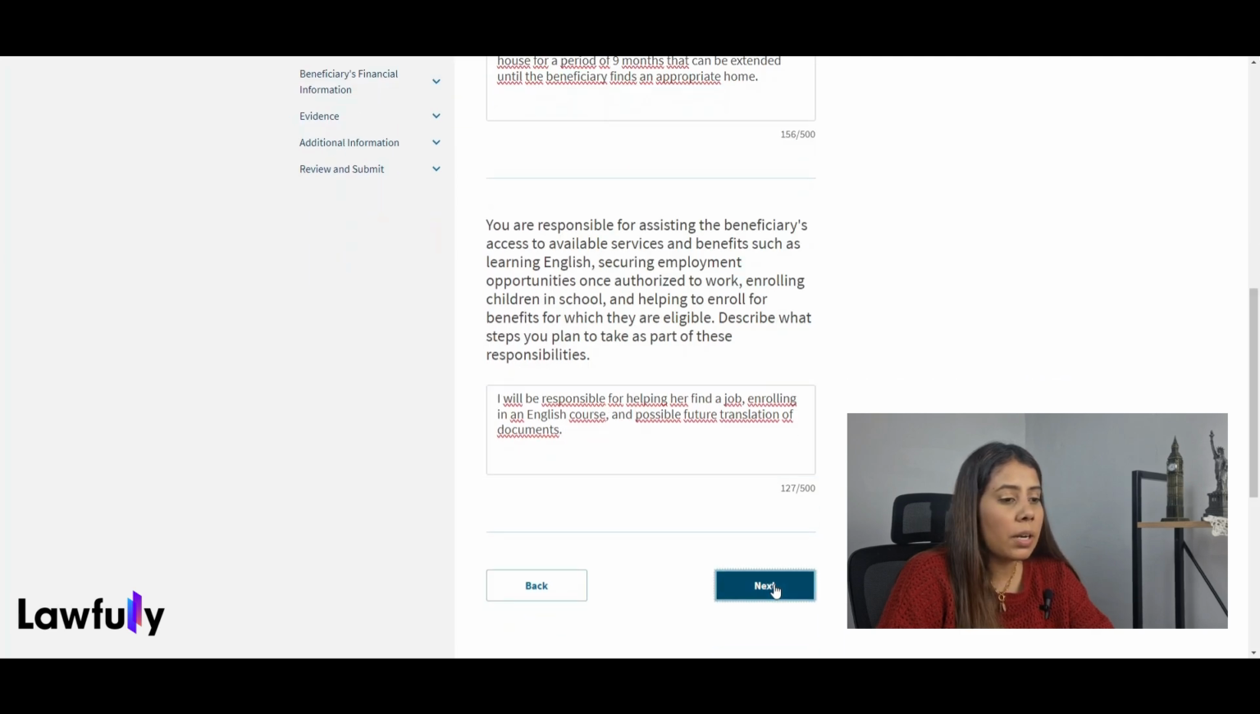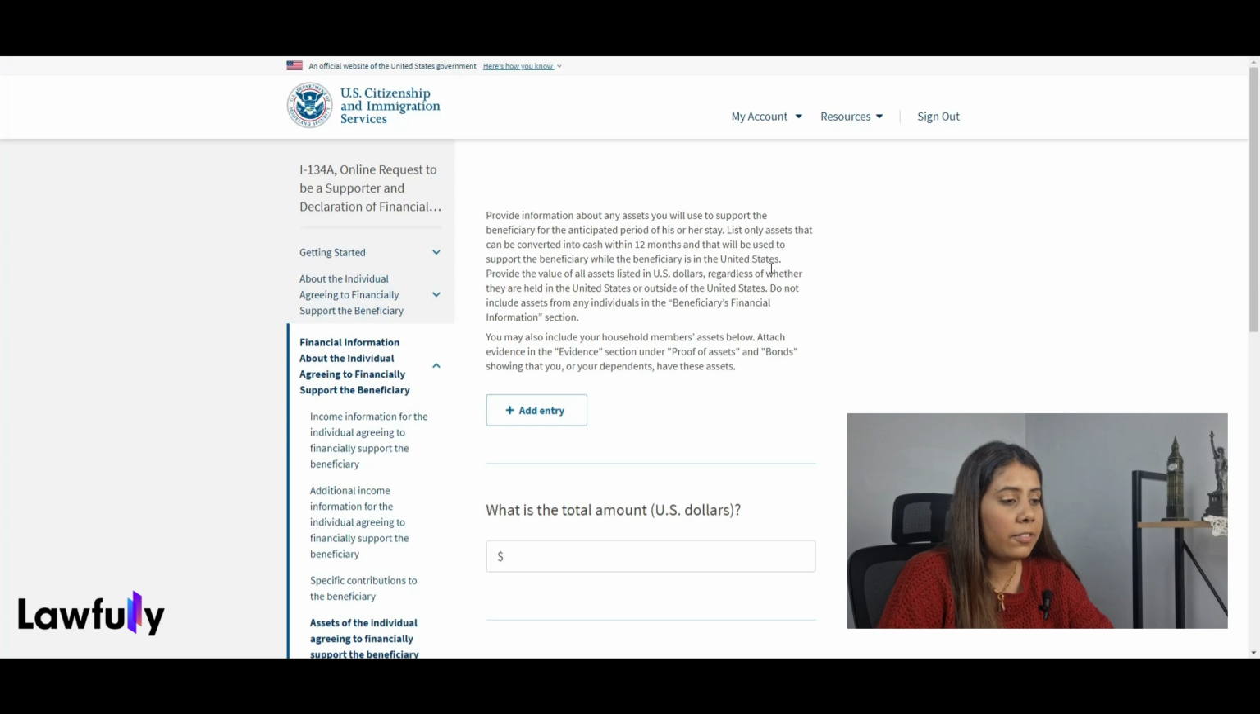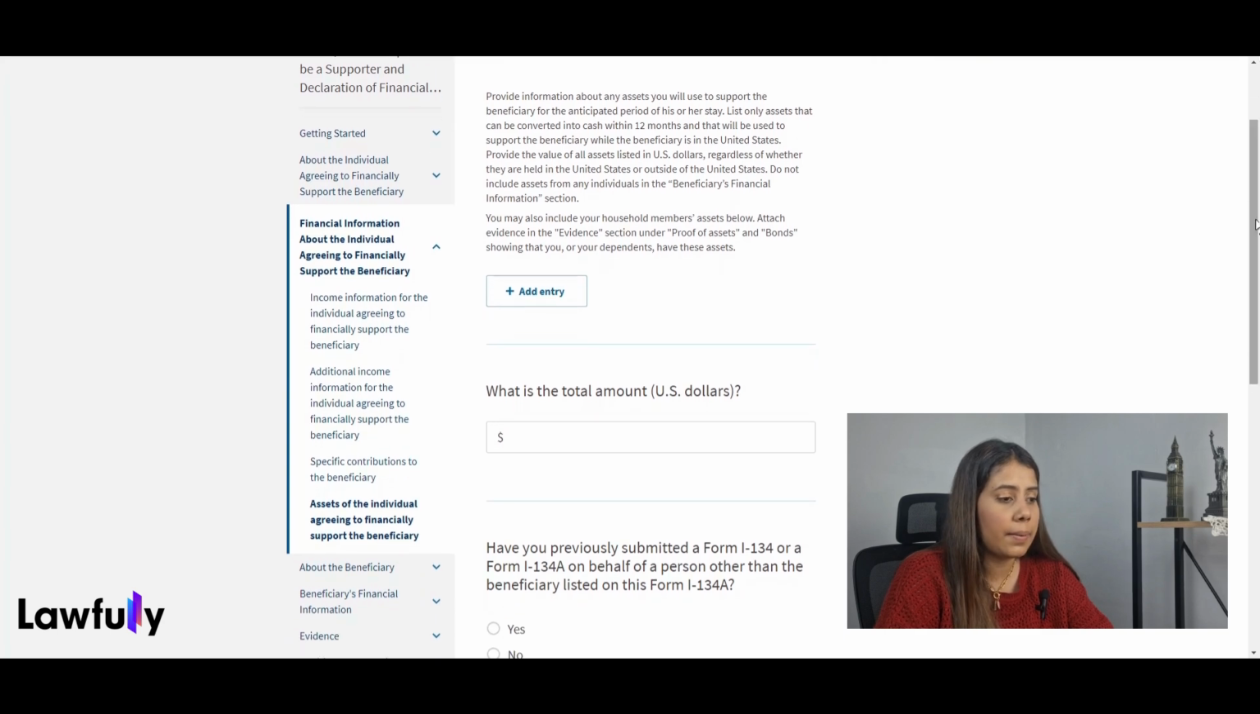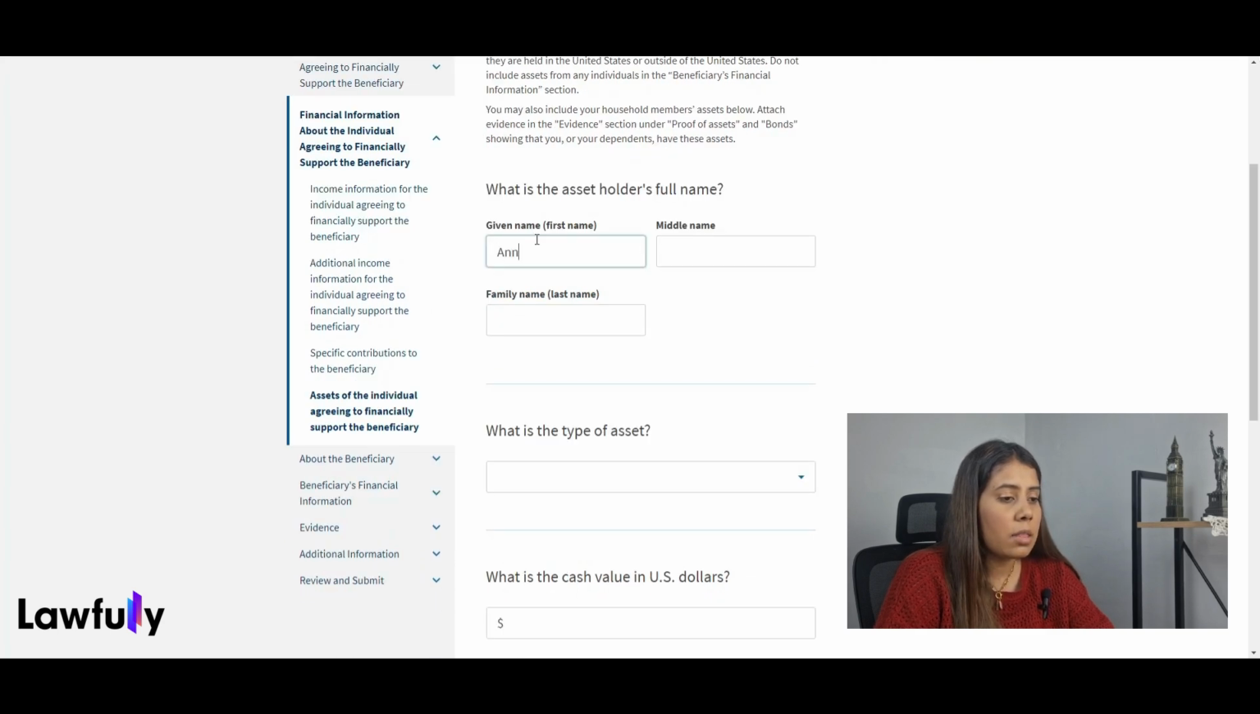Next, we need to provide information about any assets you will use to support the beneficiary for the anticipated period of his or her stay. List only assets that can be converted into cash within 12 months and that will be used to support the beneficiary while they are in the U.S. You may also include your household members' assets below. Attach evidence in the evidence section under proof of assets and bonds showing that you or your dependents have these assets. First, we need to add the entry, then the name of the holder,